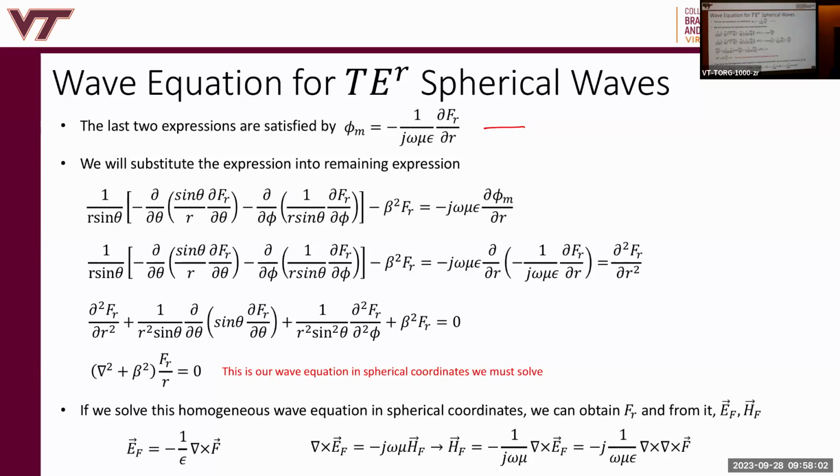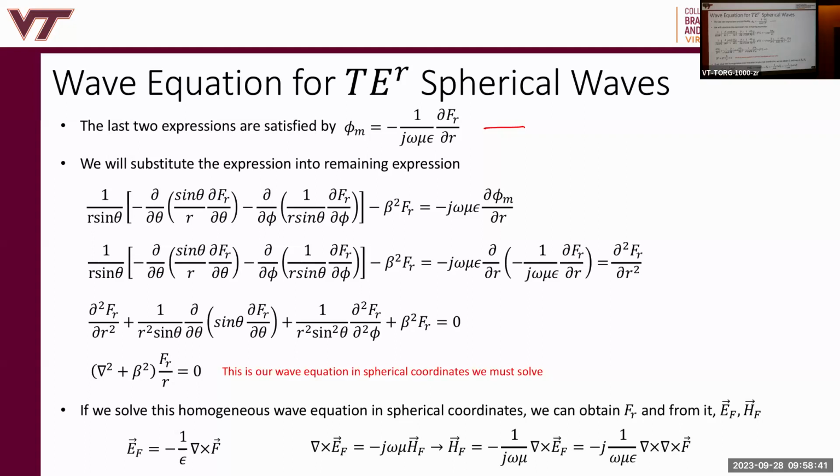So we started with the wave equation in spherical coordinates, and we tried to plug in our expansion in terms of the vector components represented in spherical components into that wave equation. And we had three coupled scalar PDEs. All three of them were coupled together. We couldn't solve it. So then we turned to vector potential theory, and we derived a wave equation which satisfies Maxwell's equations for a vector potential component F, which is an auxiliary step. Once we solve this differential equation for F, we can then obtain E. And it all jives with Maxwell's equations.